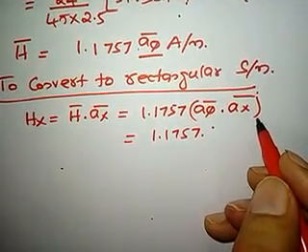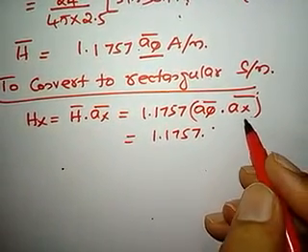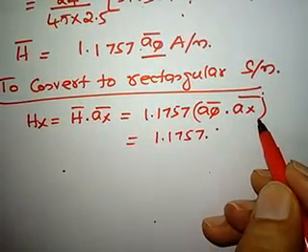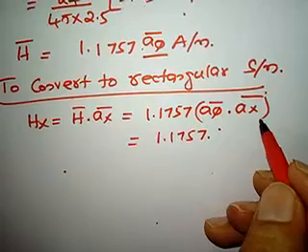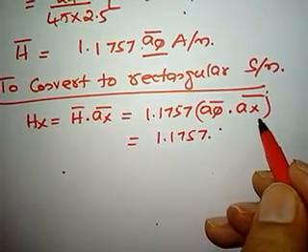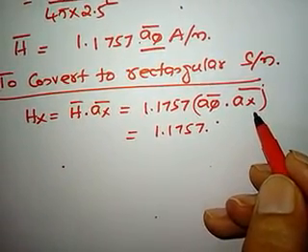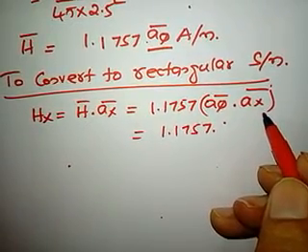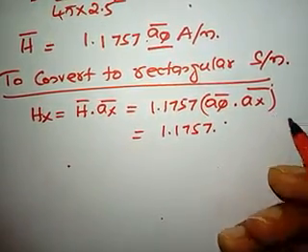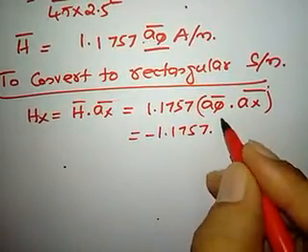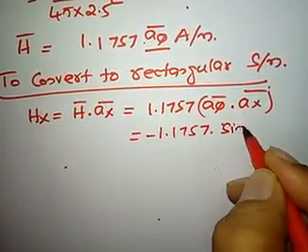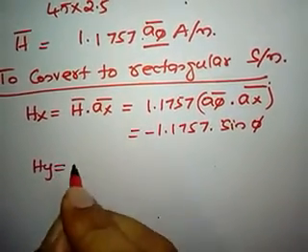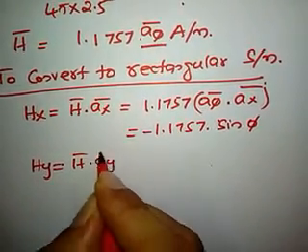In module 1 we have studied the dot operator table. So if we consider the dot operator table, Aφ bar dot Ax bar, right? From the dot operator table, to convert from the cylindrical system to the rectangular system, this dot product is equal to minus sine phi. So this will be minus of Aφ bar dot X bar is minus sine phi, so it is minus sine phi.